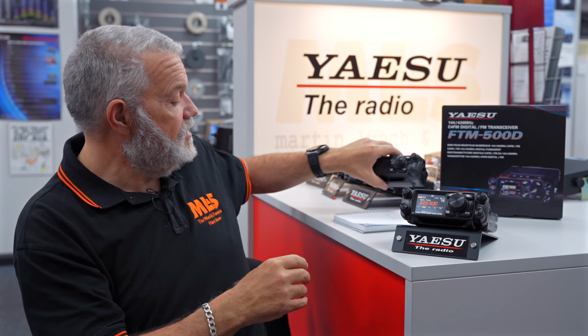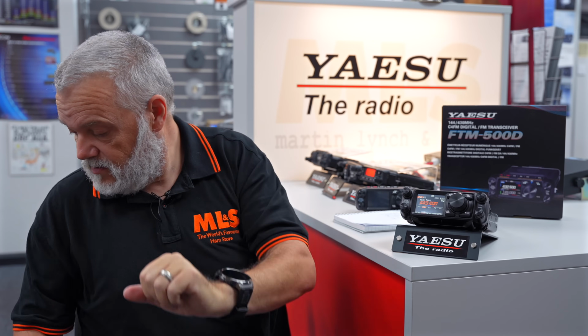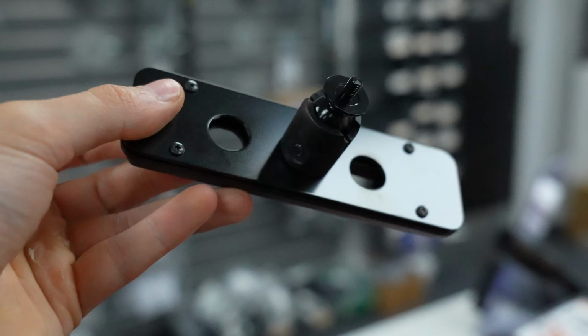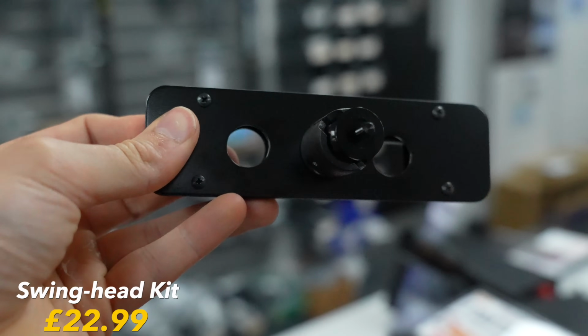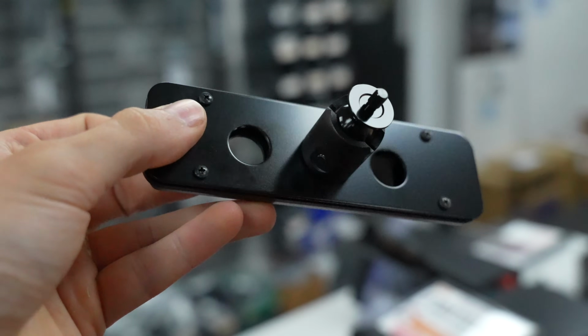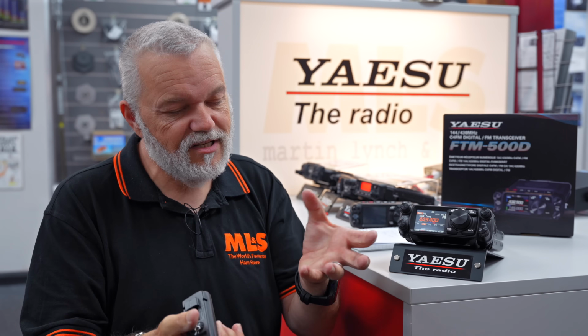The other thing you can do, if you've got it in the shack and it's not quite enough, is we have the adjustable head unit. That just works on the normal ball and socket, but it gives you a lot more movement to be able to manipulate the head than the adjustment that comes standard on the actual radio. So it just gives you those options to get it into the right position that you want it in